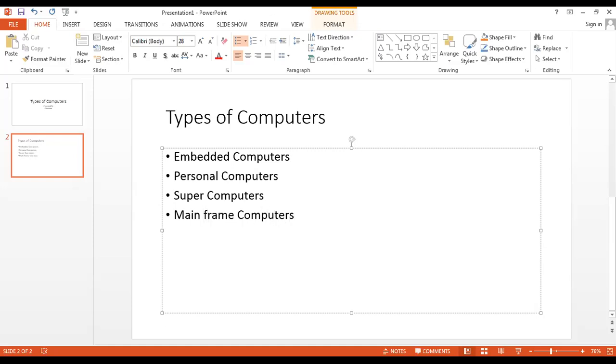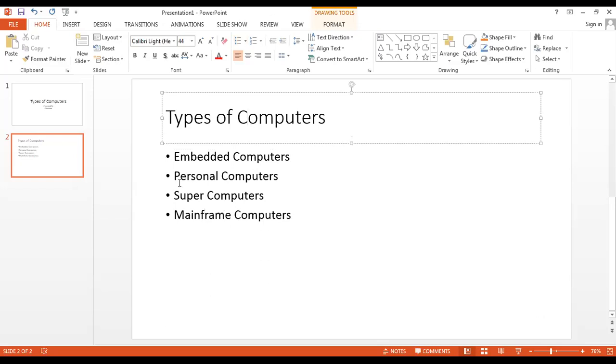So, for example, these are the types, right? So you have written the types in this layout.